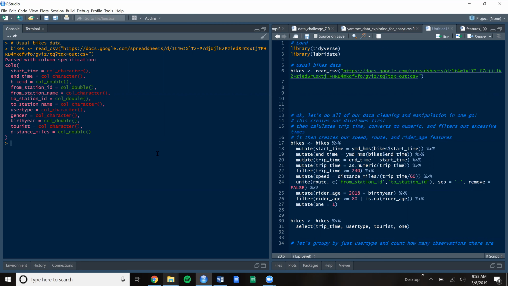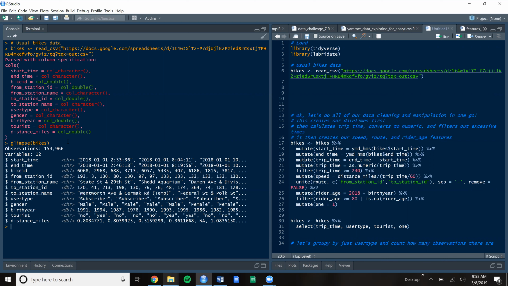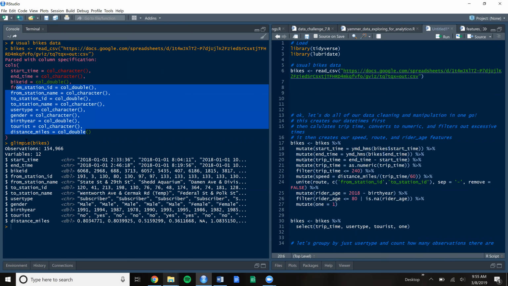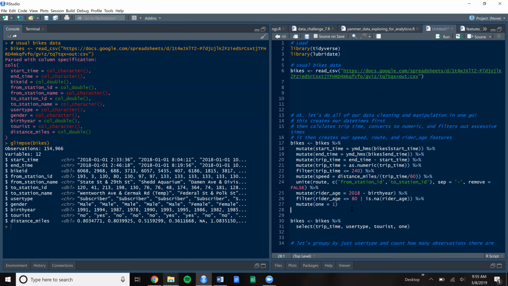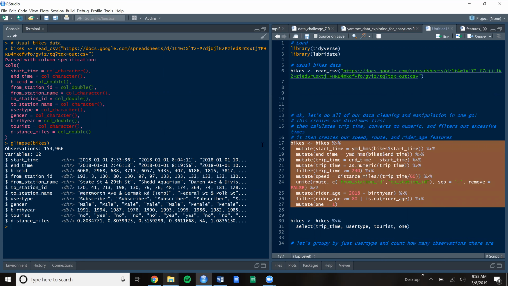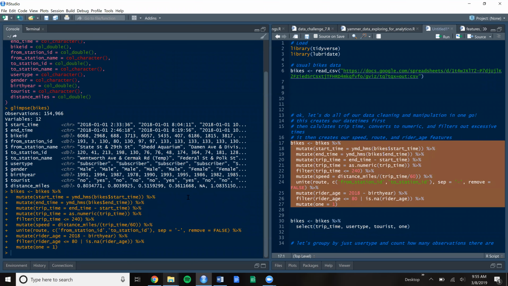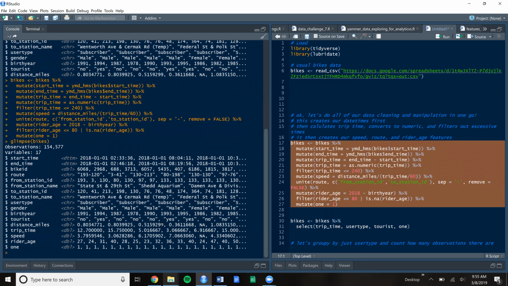If we look at a glimpse of bikes before we run this, we just see all these columns that we imported, and here they are right here. We can then just run this in one big chunk. It'll take a quick second. But now if we look at bikes again, all those features that we've been creating along the way are added in there. So we have our route, our speed, our rider age, our trip time, and